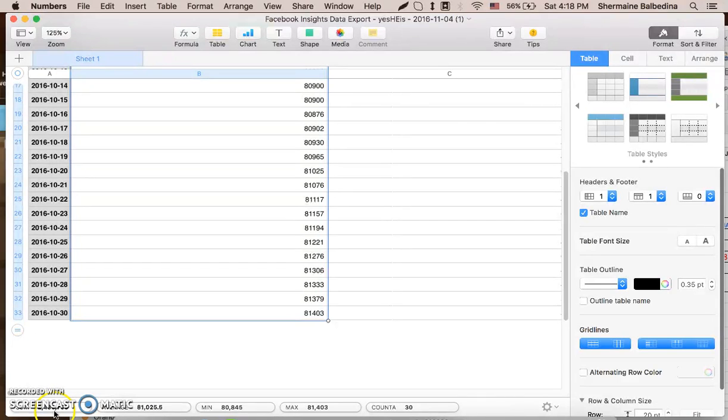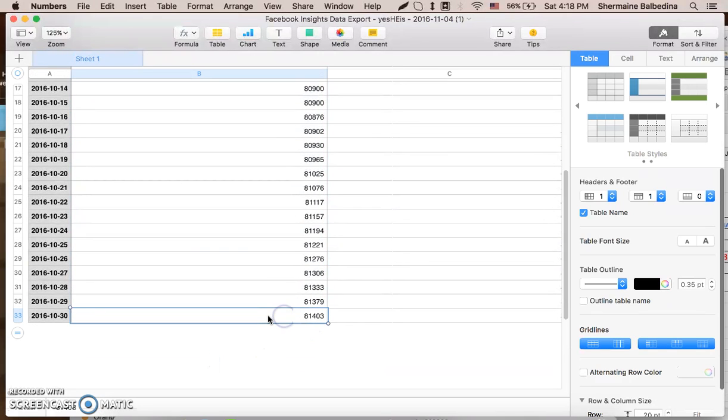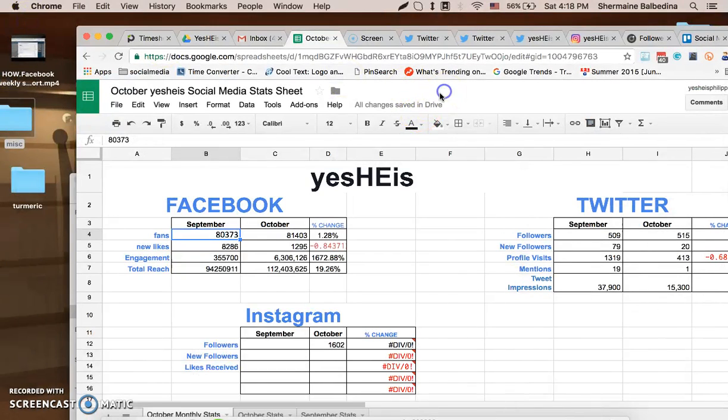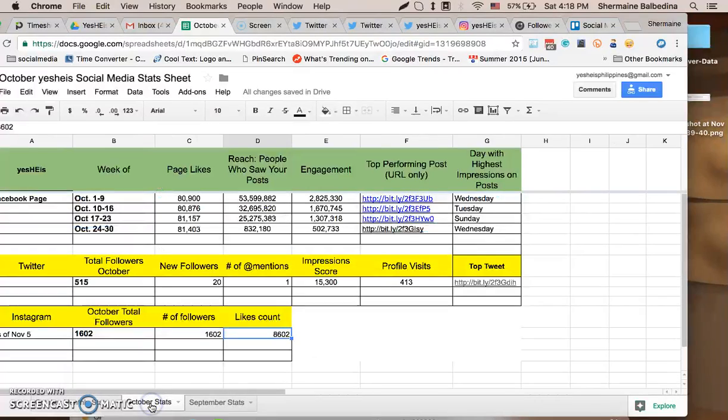So 2,400,000. So total number of likes for October 30 is 81,403. So that's the one we log here. Or since we also have this data on the monthly, just copy it.